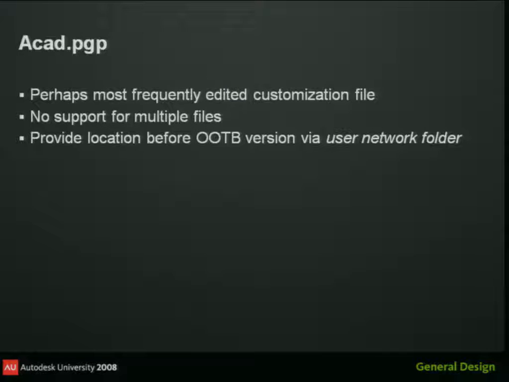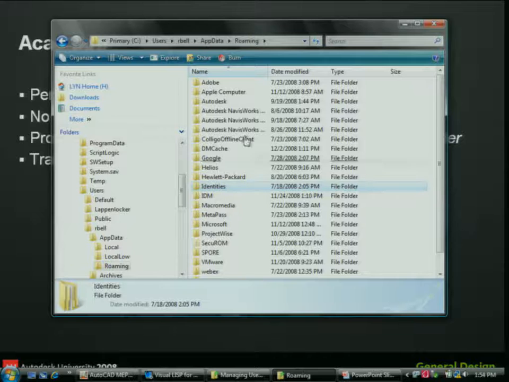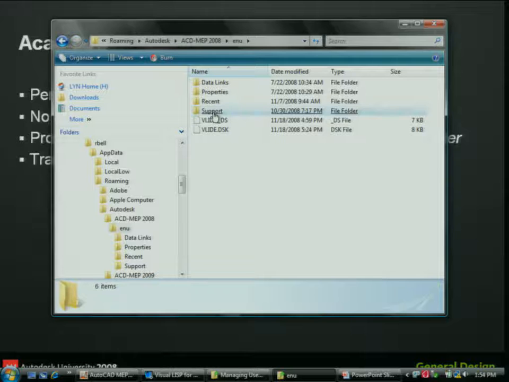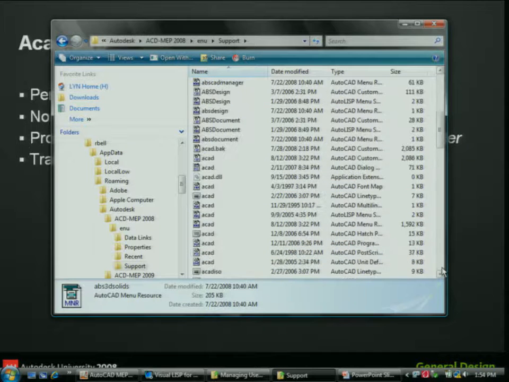Now, you want to provide the location for the Acad.pgp before the default one that's installed in the support folder. So you definitely want to have that user's network folder located before the out-of-the-box version of support in the options dialog box. That way their version gets loaded first. And I put this one up here because there's not a lot of people that know this. And let's actually flip over to AutoCAD here. I'm actually in the support folders here, so we'll go look at it directly. So I'm going into the support folder, and we're going to look at Acad.pgp